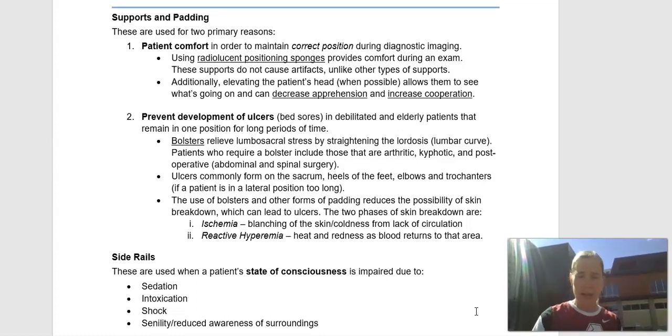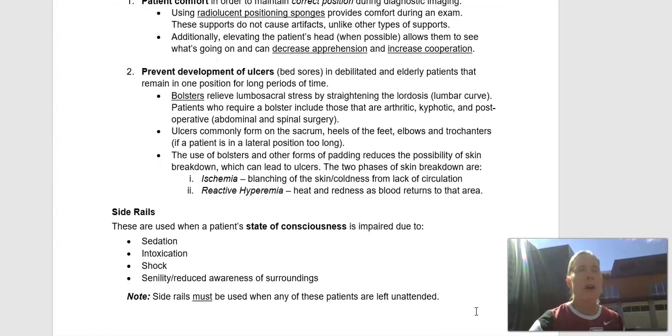Side rails. Okay, so side rails, there are going to be different kinds of mechanisms on each of the side rails to raise and lower them. Please become familiar and take the time to understand how some of these side rails work. Some of the side rails go straight down, some of them go out a little bit, etc. So we want to make sure that you're familiar with these side rails. As far as who requires side rails, anytime a patient's on a stretcher, keep the side rails up until you're actually going to transfer them and you need the side rails down. Please just keep the side rails up